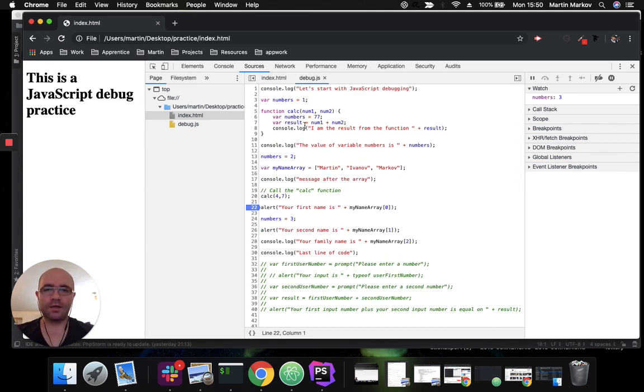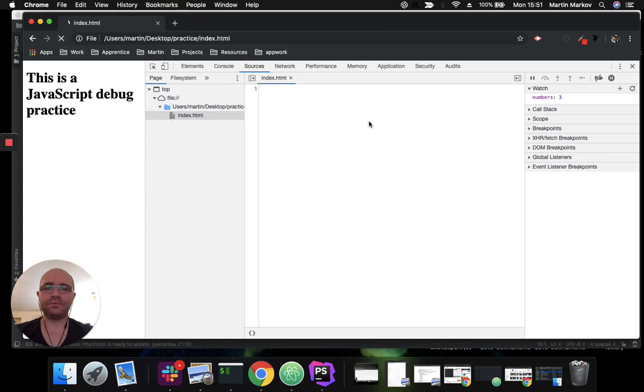Now I would like to show you something else, guys, which is related to the different scopes in JavaScript, which is very important in my opinion to be understood. For this example, I'm going to set one more breakpoint, on line number 7. Now we have 2 breakpoints, line number 7 and line number 22. Let's run our code again, and we watch the same variable numbers. If I refresh,